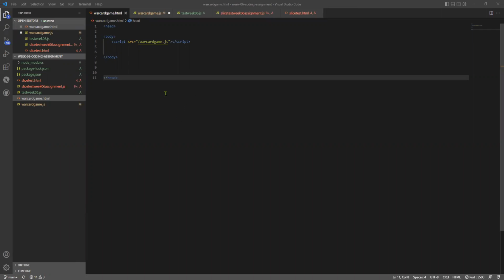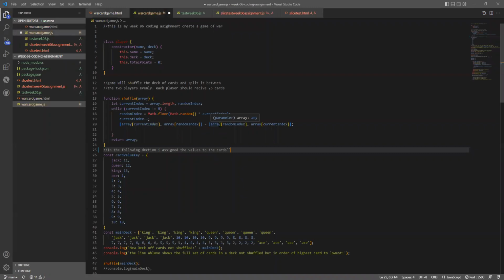So first and foremost, here's just the HTML document where I'm able to run the game on my console, actually view it in live server. This is my actual JavaScript. So this one is actually showing all the code that I typed in to make the word card game function